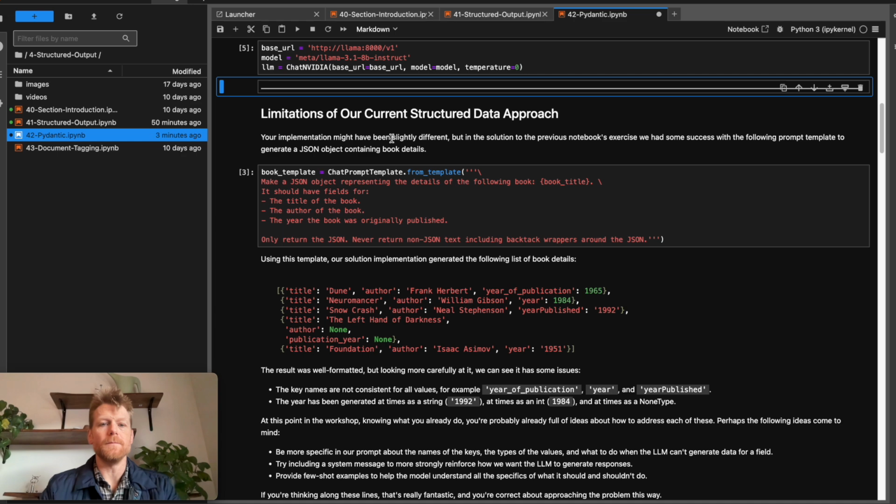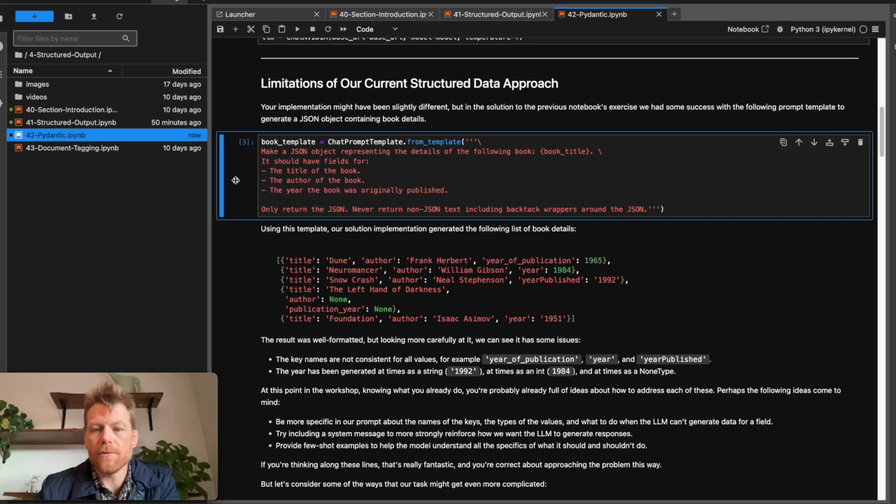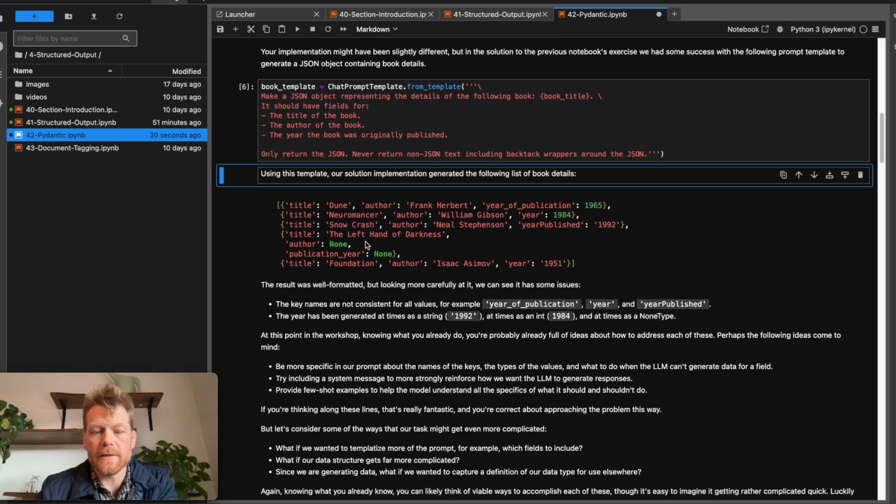Okay, so let's talk about some limitations of our current structured data approach. Your implementation might be slightly different, and the printout that we're going to demo below might be slightly different than what you had in the previous notebook. But in the solution to the previous notebook, we had some pretty good success with the following prompt template, where we iteratively arrived at a solution to get a very specific JSON structure. Using this template, and again, yours might have been slightly different, we got the following list of book details,